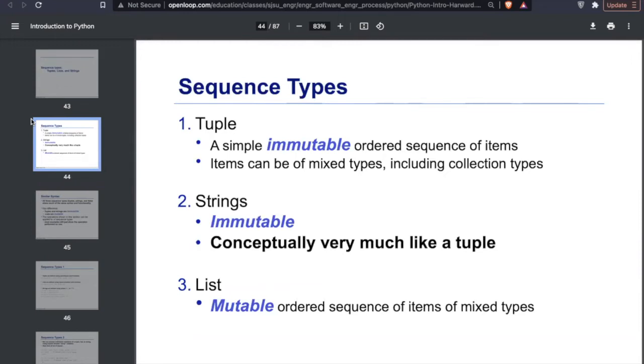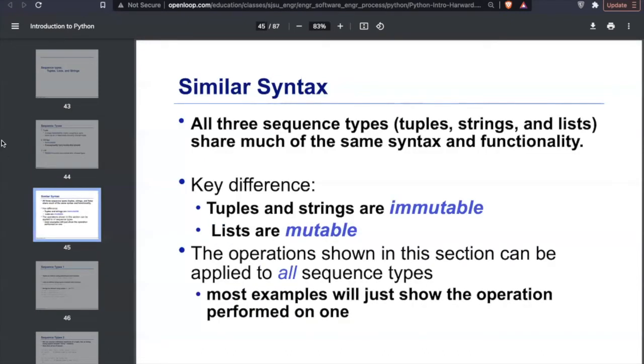Strings are much like tuples, and they are immutable, and they are used to represent text. The third sequence type is a list. Lists are mutable ordered sequences of items of mixed data types. Whereas tuples and strings are immutable, lists are mutable and you can change them.